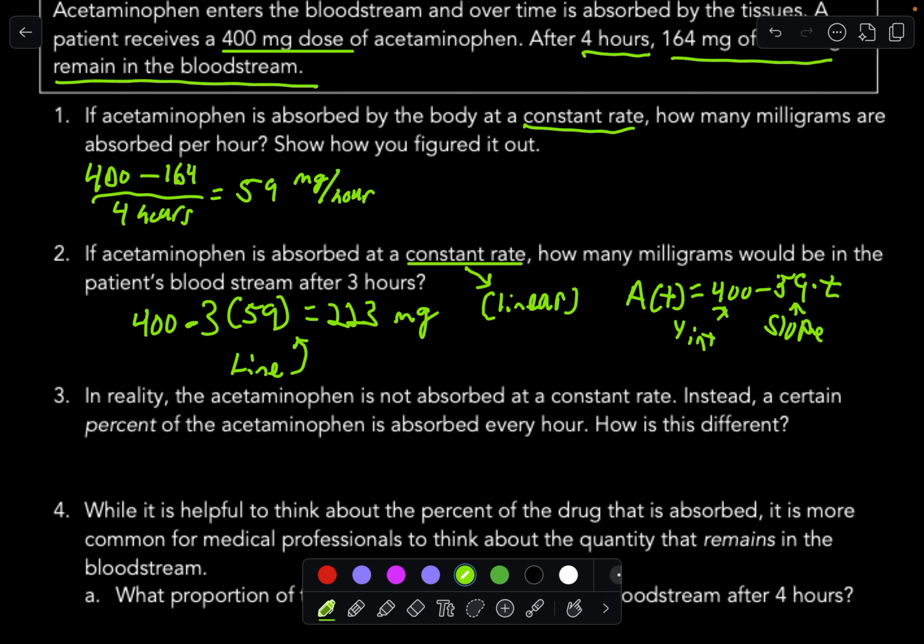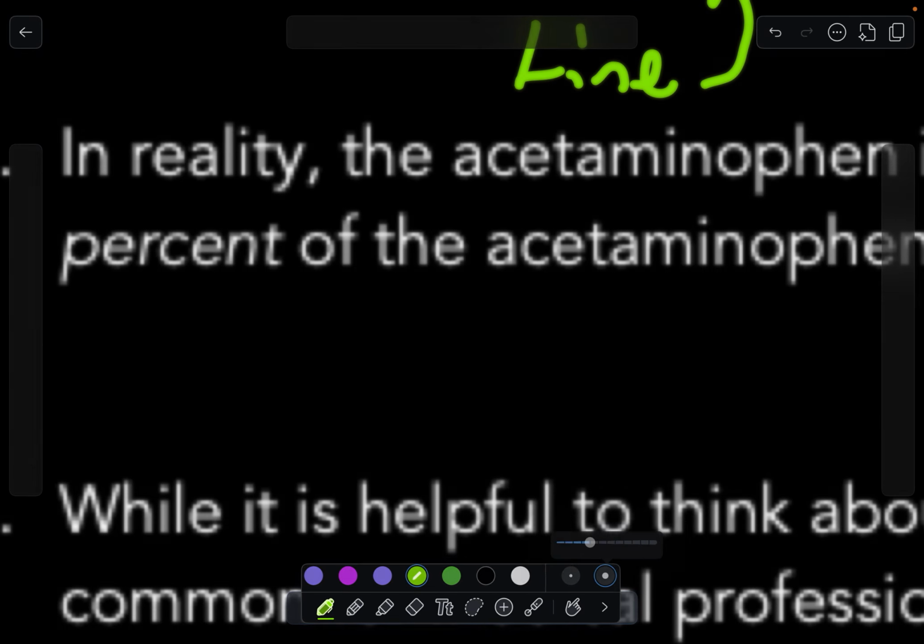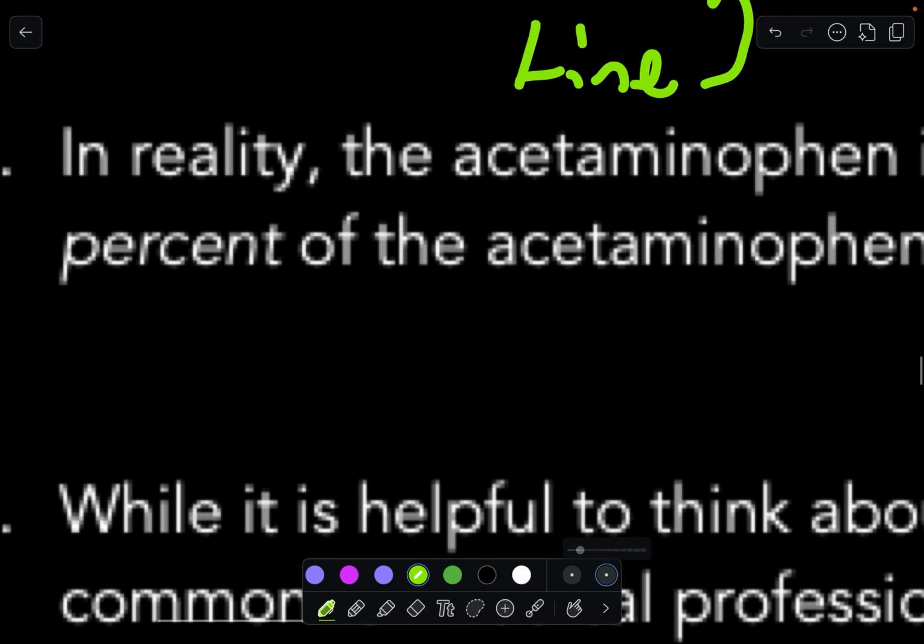However, on question 3, in reality, the acetaminophen is not absorbed at a constant rate. Instead, a certain percent of the acetaminophen is absorbed every hour. How is this different? Well, instead, I gotta blow this up so I can write. So I gotta make it a little bit smaller. Okay. So instead